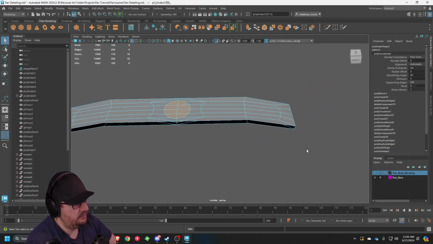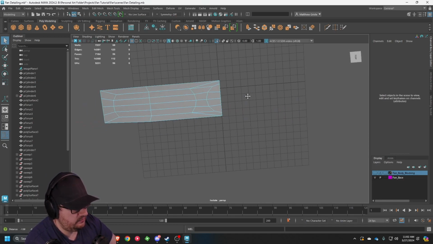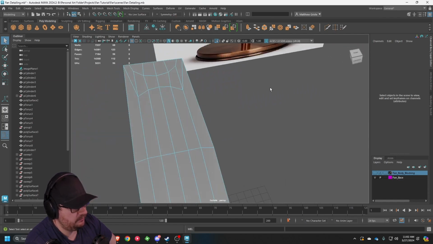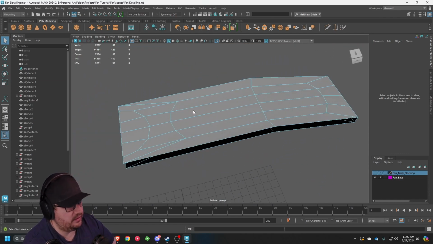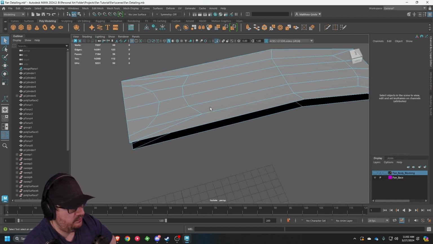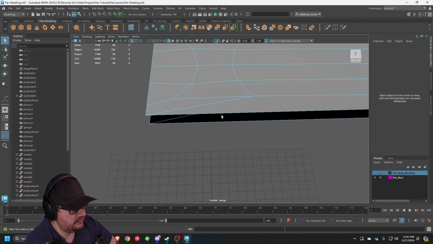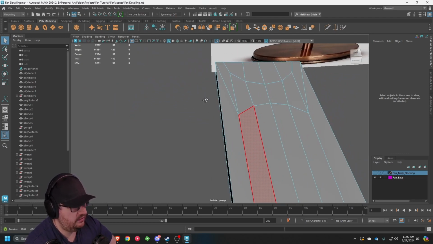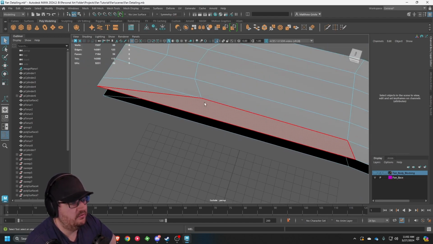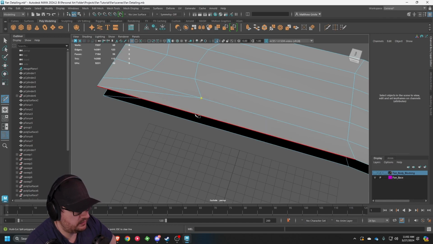Now we got to fix the topology, because right now, I could tell you, we have some problems. Our biggest problems lie in the fact that we have these giant stretching faces that are really going to screw up our edge flow. So the big focus here is going to be fixing this edge flow as best as possible and turning it into a quad topology instead of just stretched faces that don't really support the model. So we're going to go to multi-cut. We're going to go and cut this. We're going to just create these series of cuts